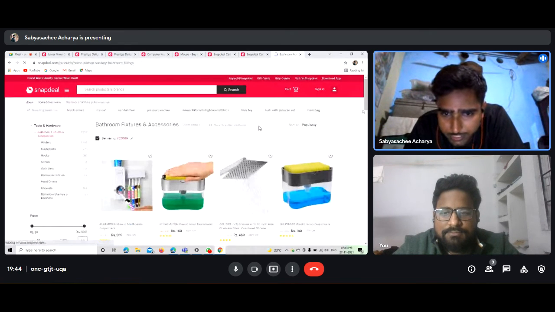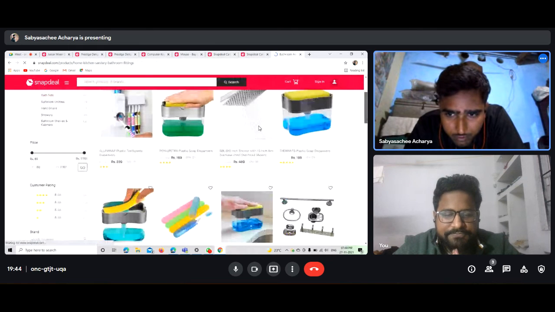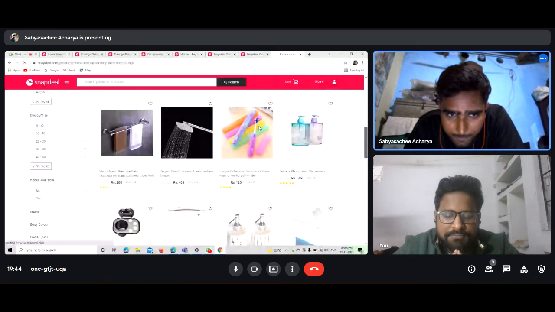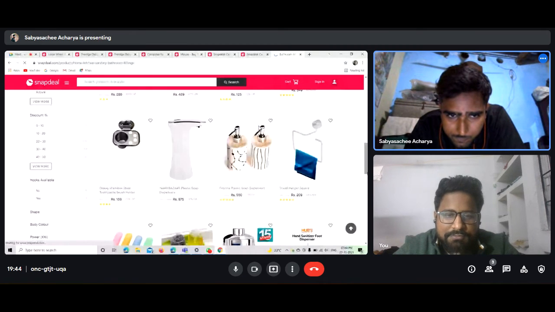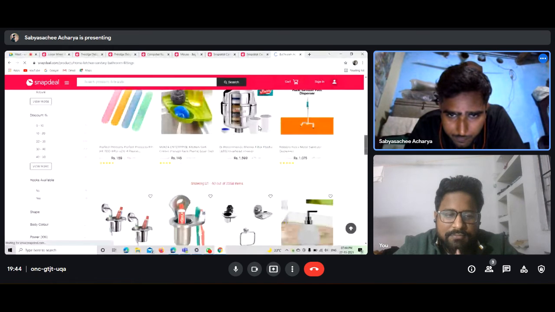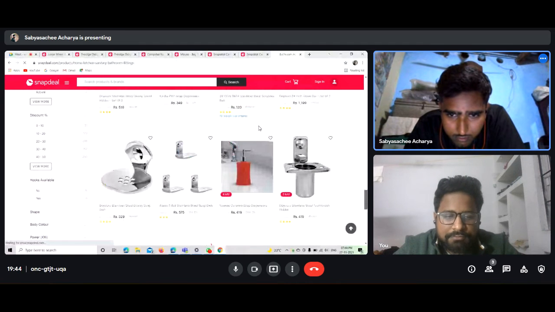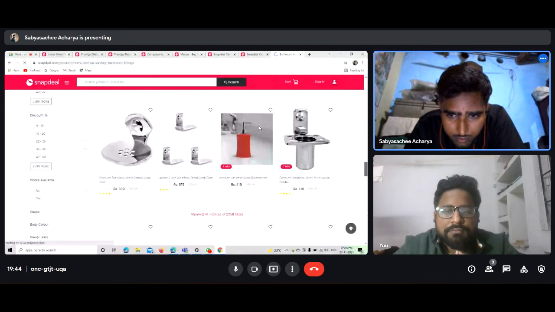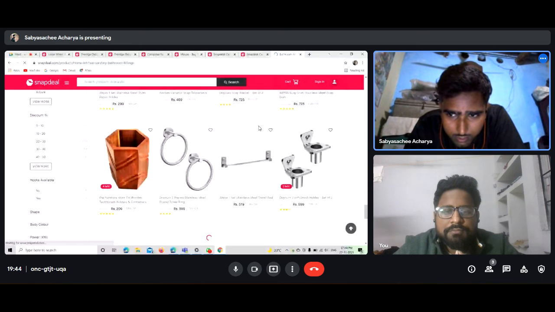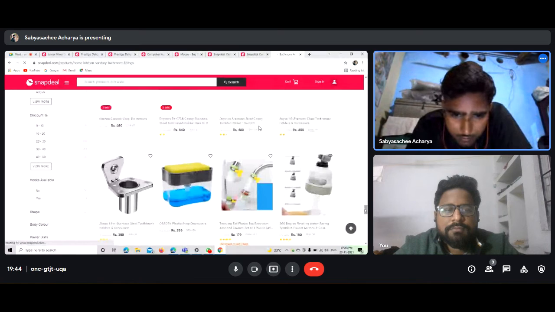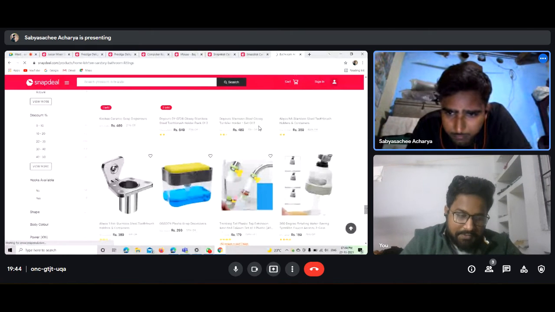So you said there is a leakage problem. Leakage problem. Plastic soap.